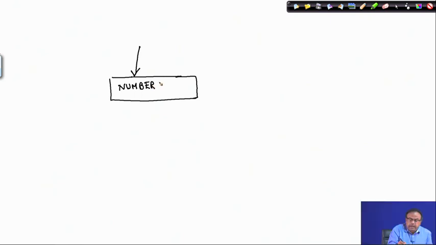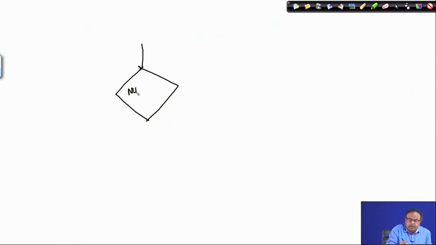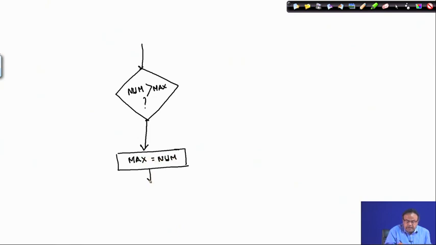So, I have read a particular number, and then if that particular number is greater than max, I am sorry. I read a number, and if that number is greater than max, then if it is true, then I will make that number to be the max, right. Max will be that particular number, and then I check n. I have already read n. So, is n 0? Then I have read one number,